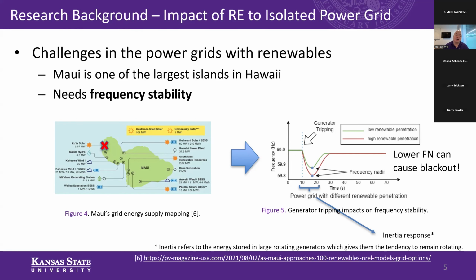With high renewable energy penetration, shown in red, the system frequency drops faster and deeper compared to the lower penetration level, the green curve. This frequency nadir, a term used to describe the lowest point in frequency after a disturbance, can cross critical thresholds, causing load shedding and potentially leading to blackouts if not managed properly. So as we scale up our renewable energy, we're also facing the challenge of maintaining frequency stability of a power